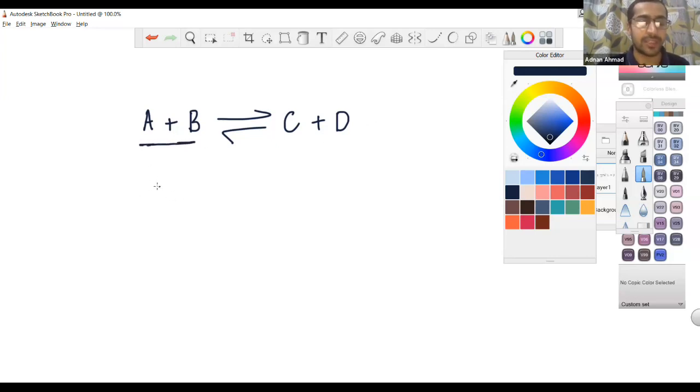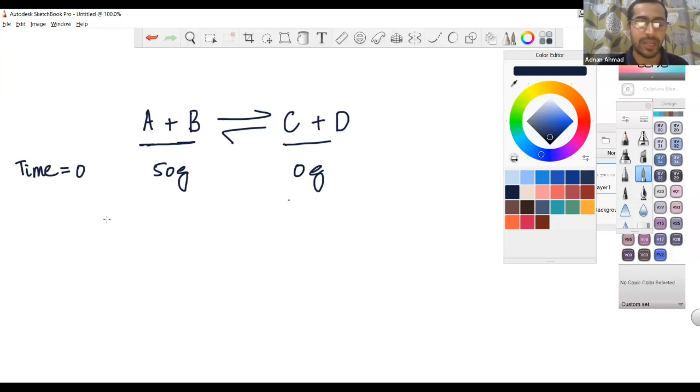So we say that before the start of the reaction, we have, let's suppose, 50 grams of A and B, and we have 0 grams of C and D. This is when time is equal to 0, when the reaction has not started yet. So in that condition, the concentration of the reactants is 50 grams, and the concentration of the products is